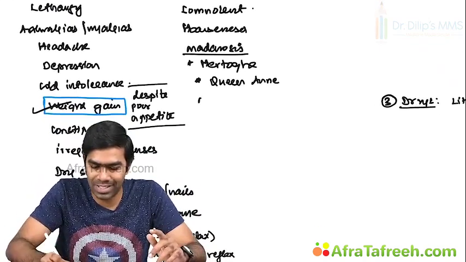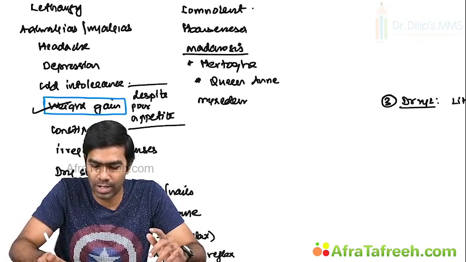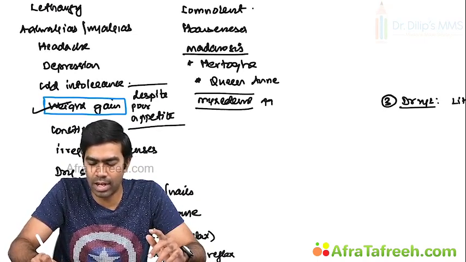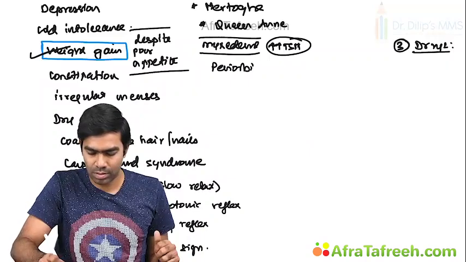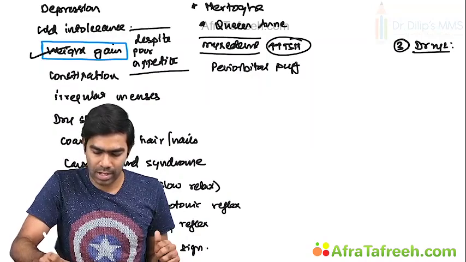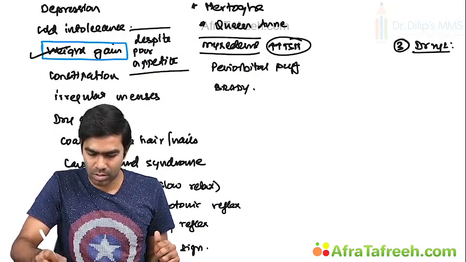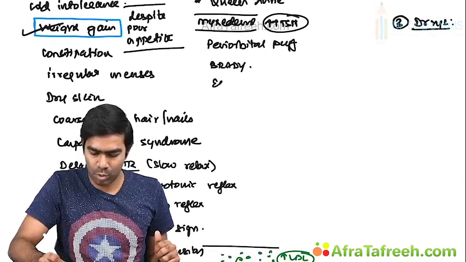They might get myxedema. We all know the mechanism of myxedema. It is due to extremely high TSH. You will get it only in primary hypothyroidism. Extremely high TSH can stimulate the TSH receptors that are present on the fibroblasts in the skin, which on stimulation by TSH may result in secretion of glycosaminoglycans, which might draw water, causing local edema. That's the pathophysiology of myxedema. Then you might get periorbital puffiness, bradycardia, then effusions, pleural, pericardial,